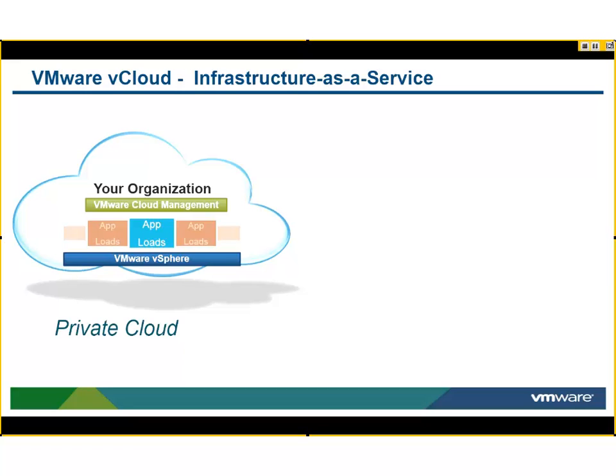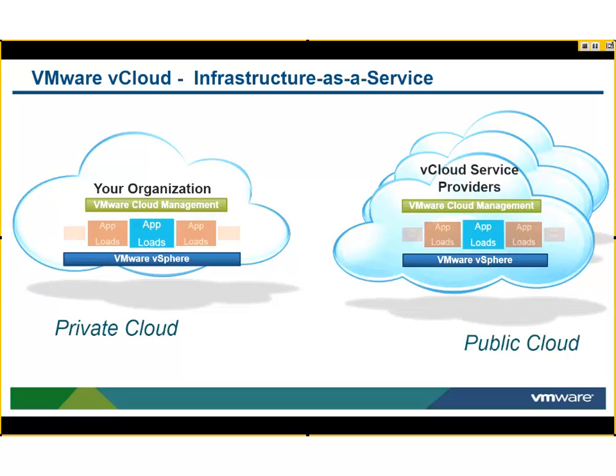Now, there are also organizations, one example is Verizon, another one is VMware ourselves, that provide cloud resources, infrastructure as a service, to anybody who is willing to pay for this. This is what's referred to as a public cloud, because it's a vendor that's making these services available to anybody. Well, in VMware, we think this gives you the best of both worlds, and it's what's referred to as a